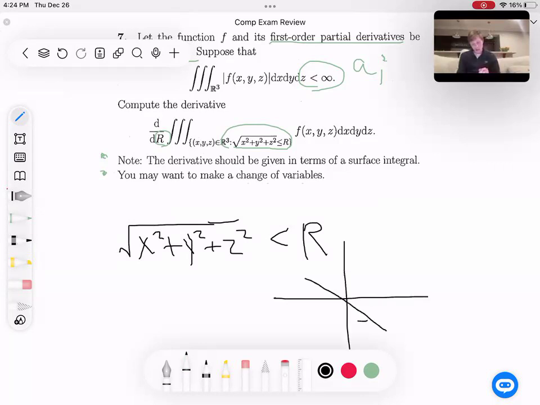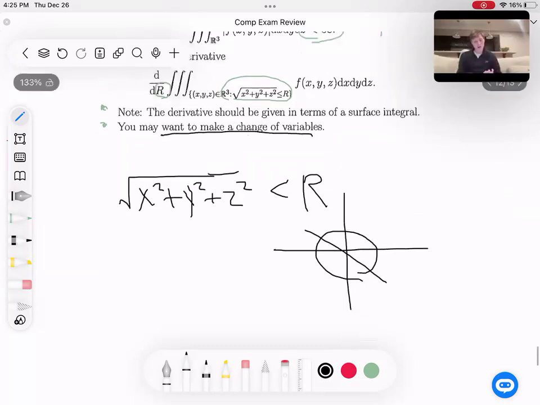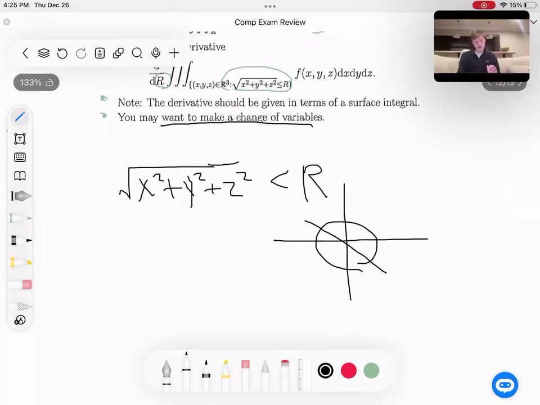This is the equation of a sphere in 3 dimensions. And so when they say we might want to make a change of variables, the easiest thing that we can do is to make a change of variables and integrate this surface in terms of spherical coordinates. There are cylindrical coordinates and spherical coordinates, which are the two main alternate coordinate systems in 3 dimensions. And because we're dealing with the sphere, it's a little bit obvious that we're going to use spherical